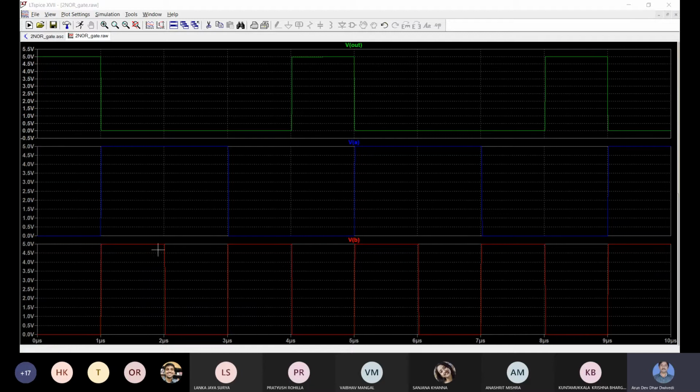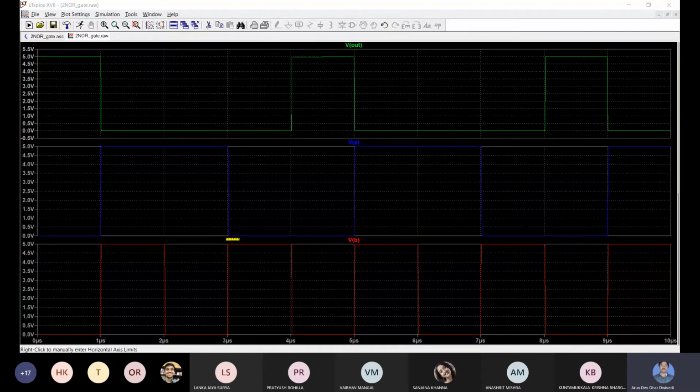Pulse B is high from 1 to 2 microsecond, then low from 2 to 3 microsecond. Then pulse A will change state again.